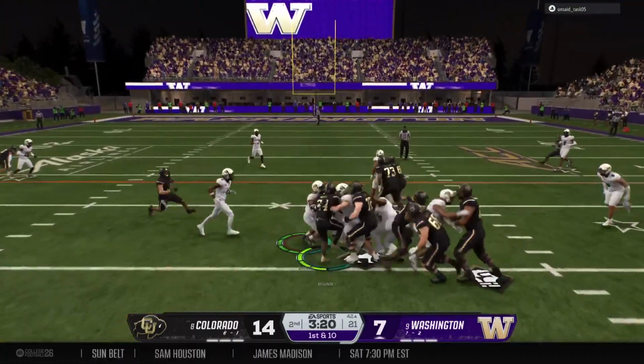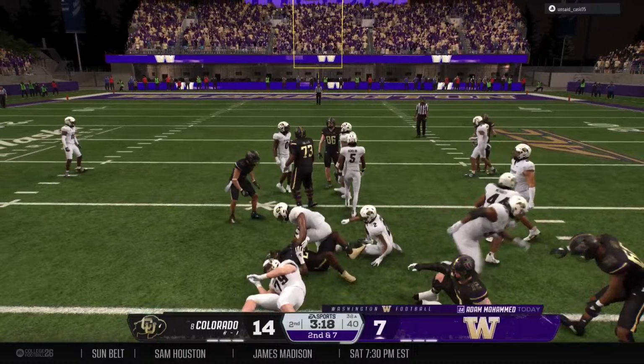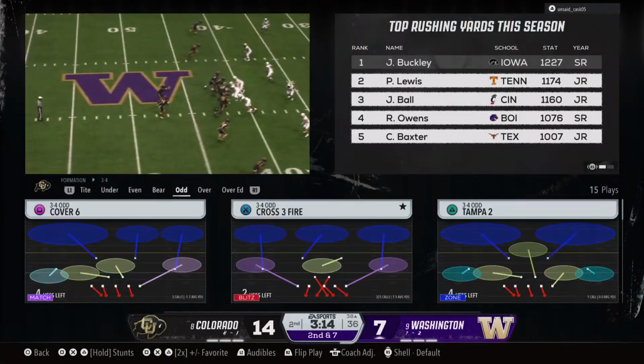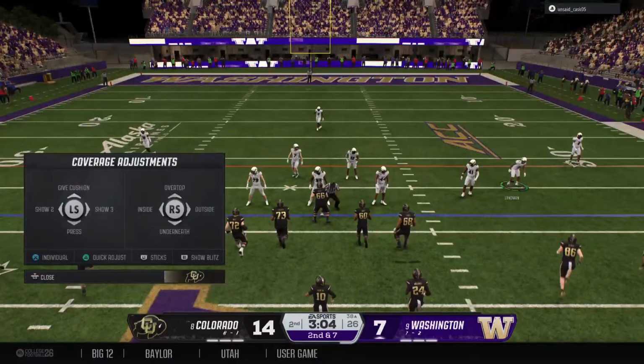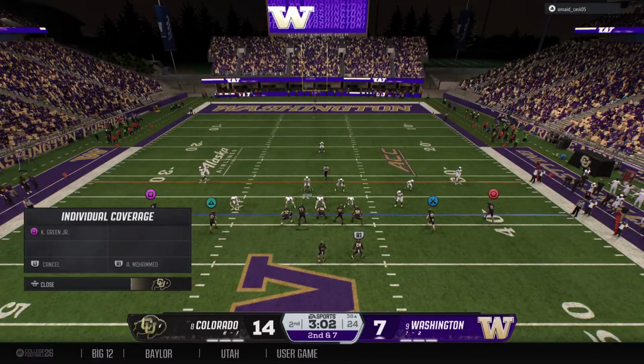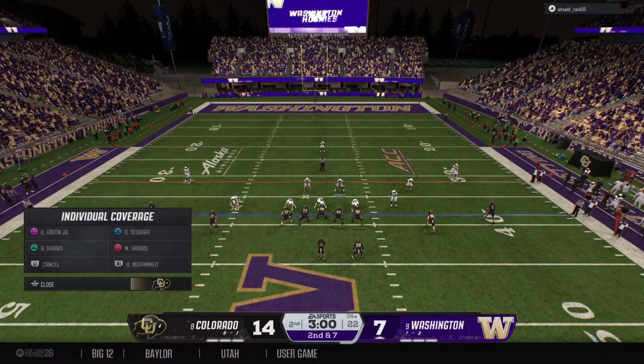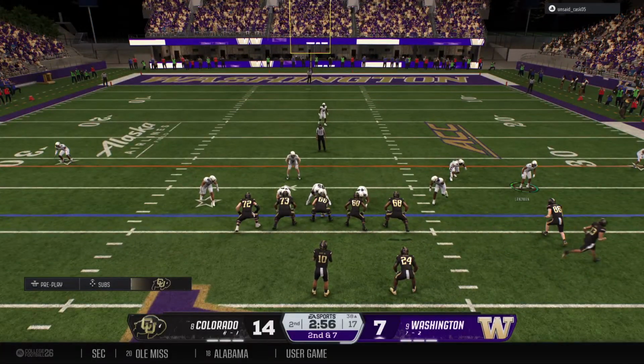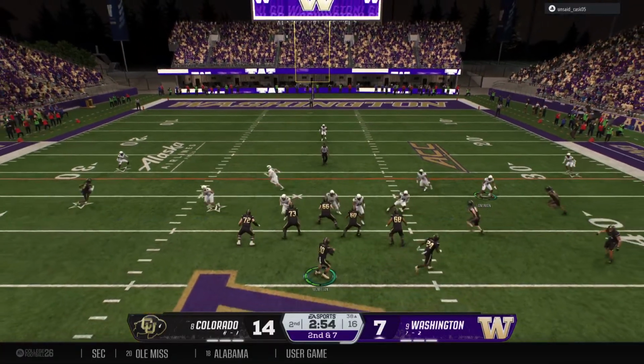Might as well run him until they stop him. He's got it again. And he is swarmed under a host of defenders there to make the stop. And sticking to the run. I tell you what, a lot of teams that are really good are really stubborn, and they continue to run the football even with little success. So this offense is going to continue to focus on running the football, you can tell.